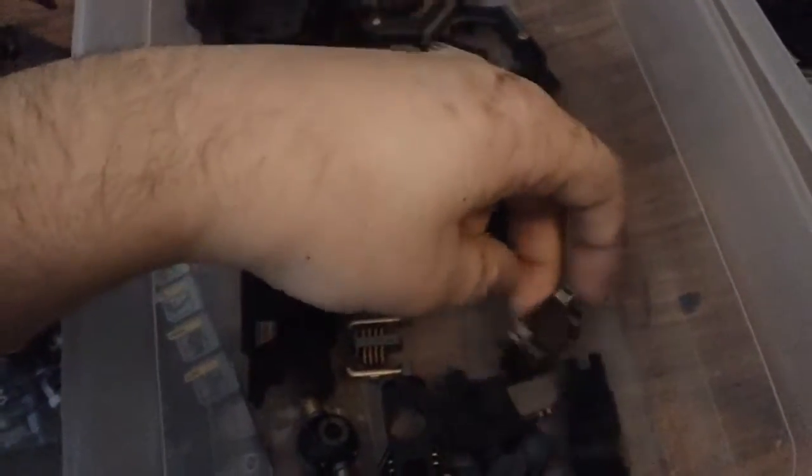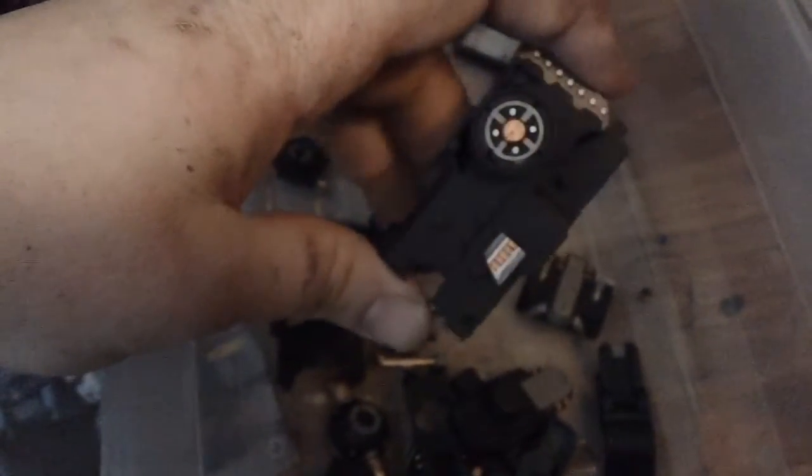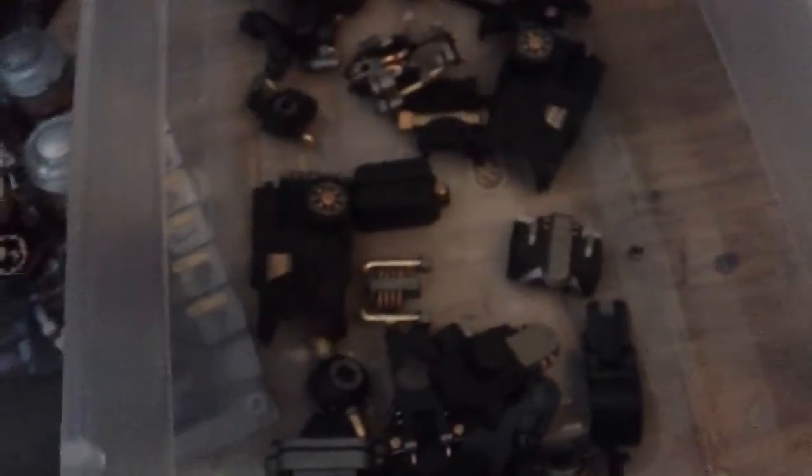The best time I've had building a model kit, in all honesty, probably since I did my Red Horn, or Dark Horn, technically. So yeah,